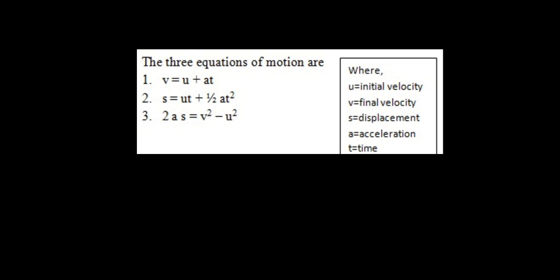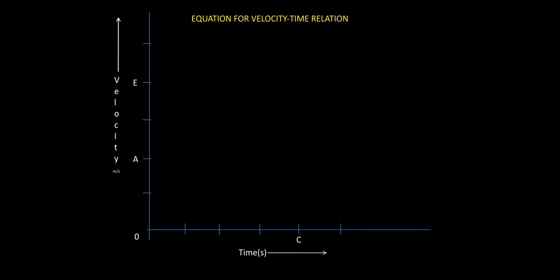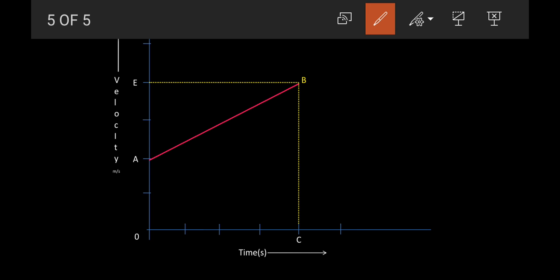So let's start with first equation of motion. By graph we are going to derive this equation of motion. So graph you have to draw, and you can see in the y-axis you have velocity, in the x-axis you have time. Instead of numbering, I have here certain points. Now this graph is going to be different from earlier graph in the sense here your body is not starting from origin. This is your origin position 0, 0.